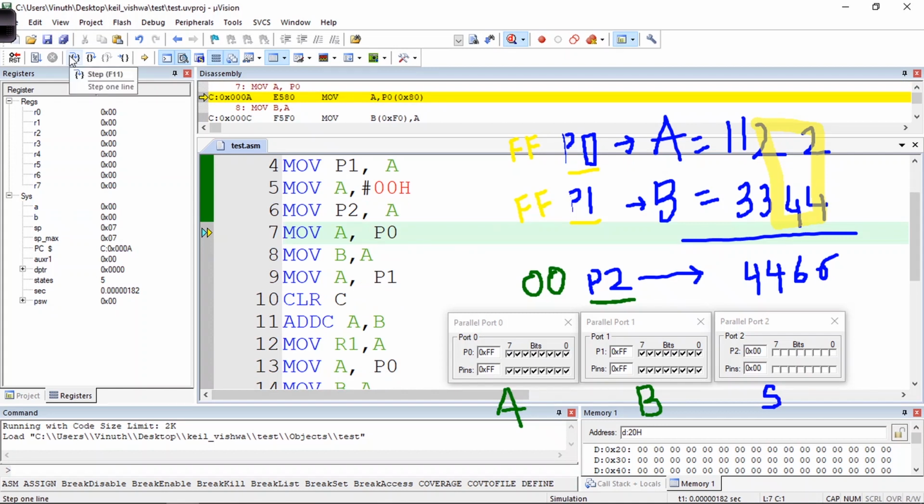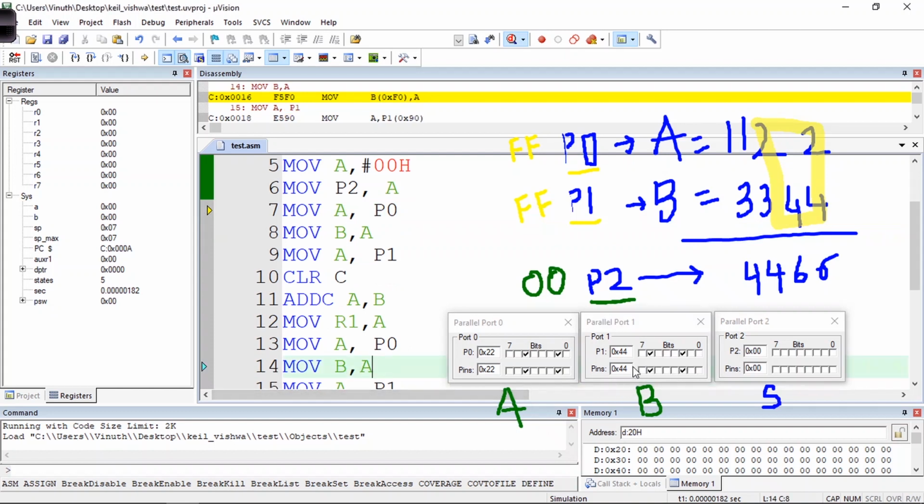Now I will get the data from my P0. Before going to that, let us change the values over here. For the lower nibble values we had set, port 0 is 22 hex and port 1 is 44 hex. So I have taken port 0 as 22 and port 1 as 44.